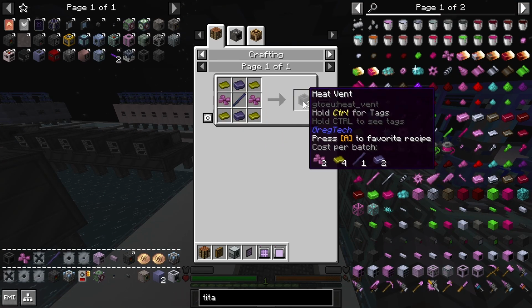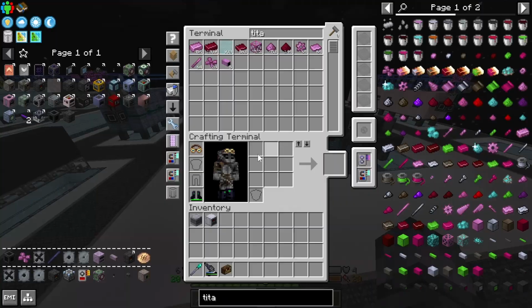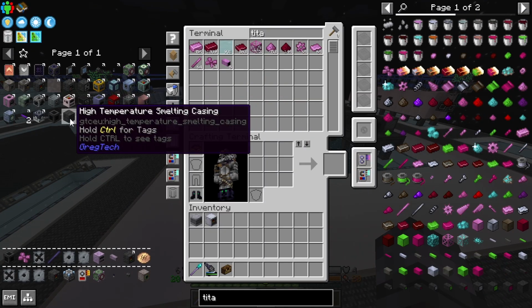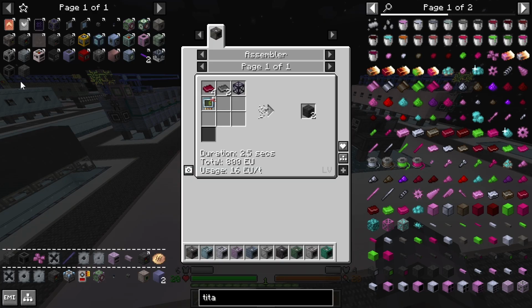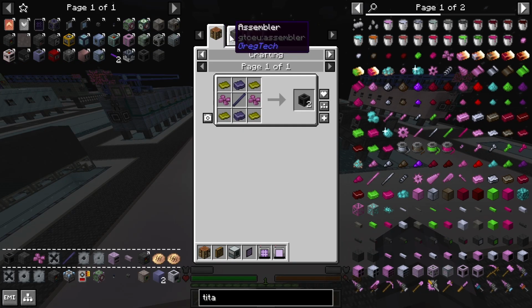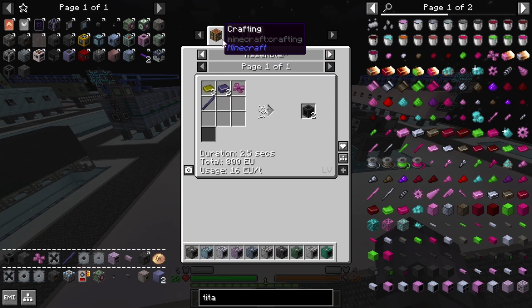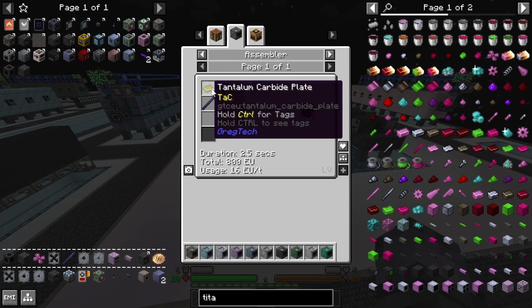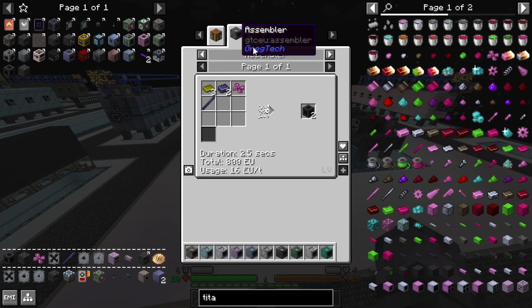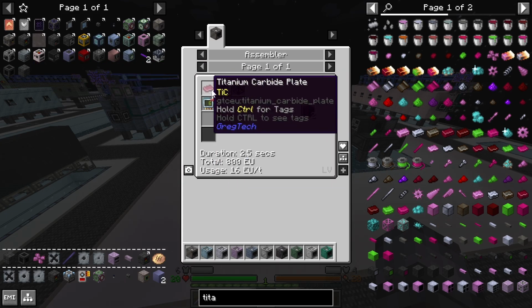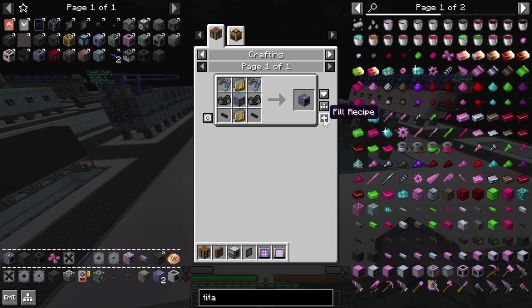So now the heat vent we can craft, right? Yep, so we've got all that on passive. The high temperature casing, let's see, the heat vent. It's this, actually it's a tiny, tiny bit cheaper by 1 ingot on the tantalum carbide. So I will make that in an assembler. Over here, HSLA, titanium carbide. So let's get 2